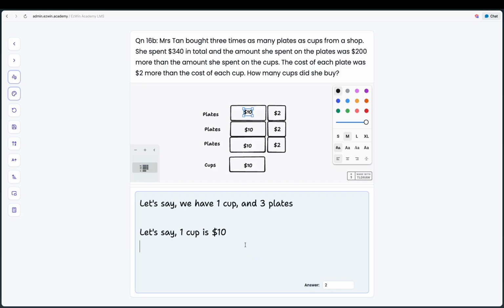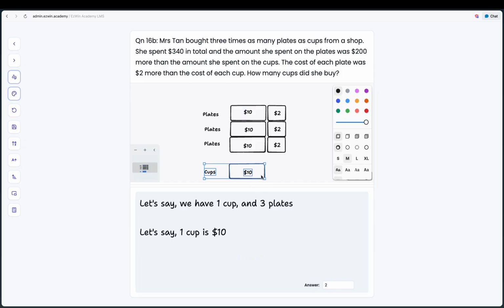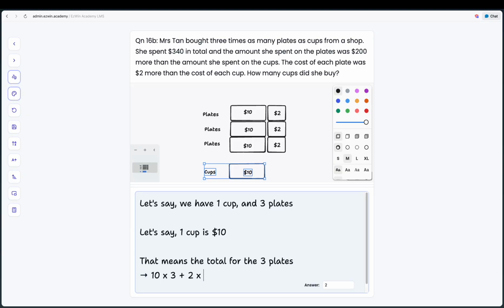Okay, so that means the total for the plates, or 3 plates in this case, is equal to 10 times 3 plus 2 times 3. This gives us $36. Okay, so why I'm doing this, because we also know that the total amount that she